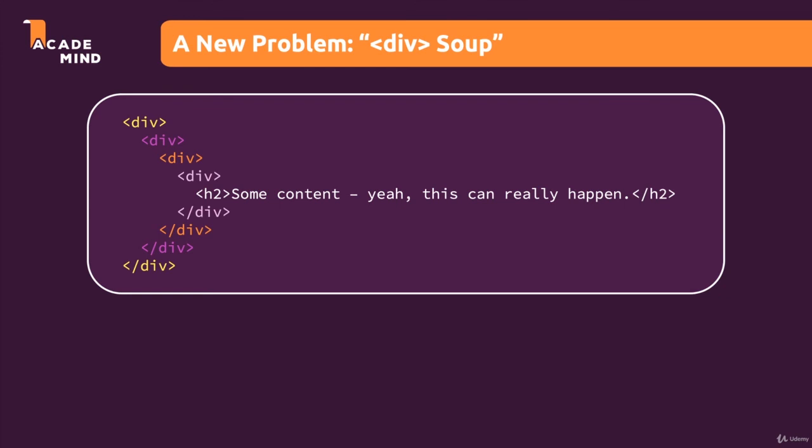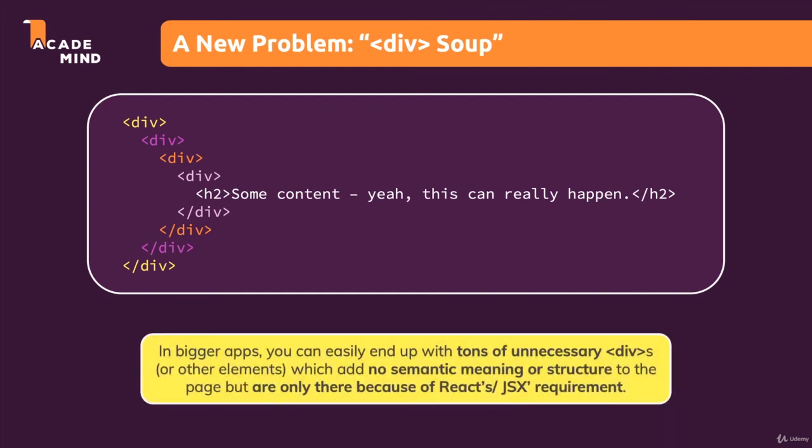And this is not an unrealistic scenario. In bigger applications, it's very possible that in your final HTML page, which is being served to your end users, you have a lot of unnecessary divs or other elements which are only there because you needed them as wrappers, even though they don't add any semantic or structural meaning to your page. Now, of course, you don't have to care about that. You might be fine with that, but it could break your styling. If you have a wrapping div somewhere and you use nested CSS selectors, that div could break stylings. And even if it doesn't break your styling, it's still not a good practice.